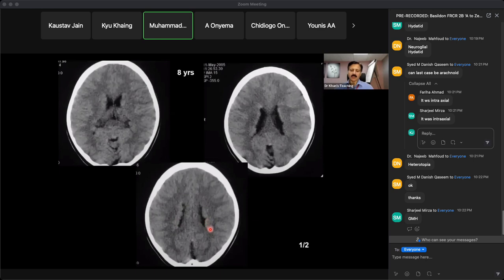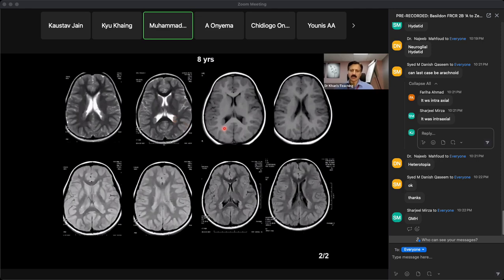So the concept is that subependymal heterotopia on a CT scan, and you can see these nodules, bilateral nodules. And on each sequence, which will be T1,